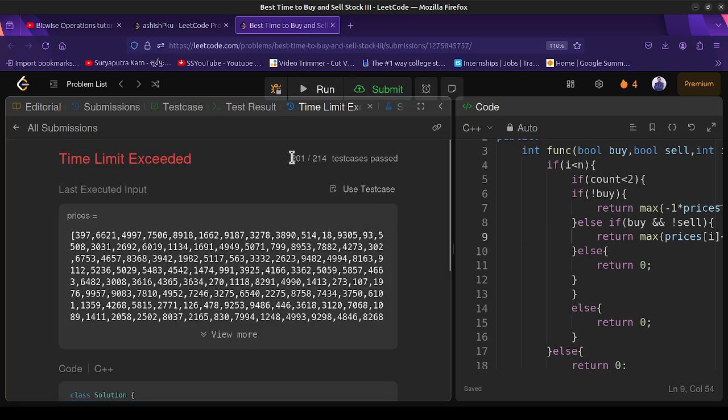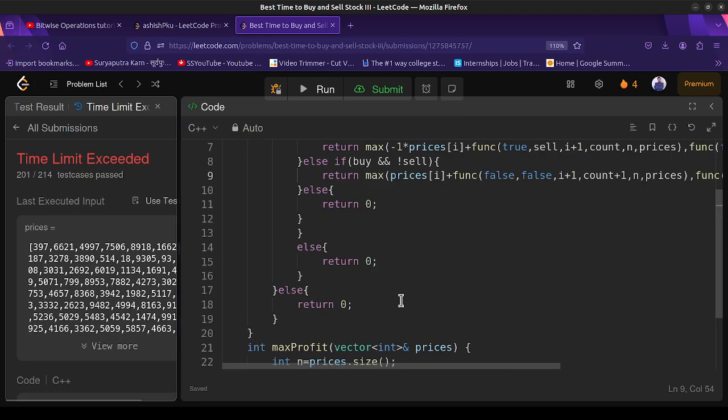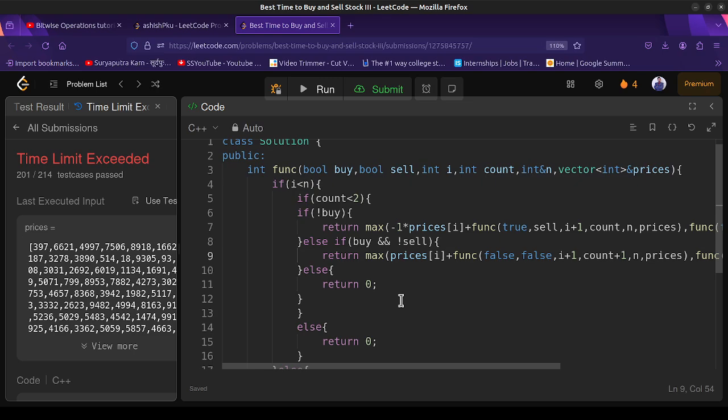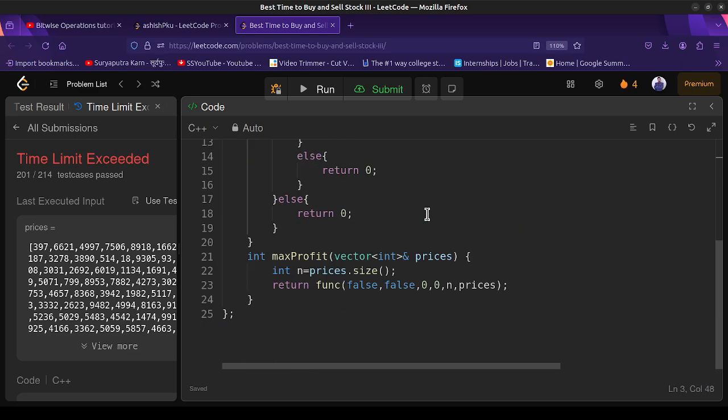it is giving time limit exceeded in this test. So let's memoize this function. How to memoize this function? It is taking as many variables, but if you look at this, n is a constant and prices is also constant. So what are the variables? Buy, sell, I, and count. There are 4 variables, so this is mainly a 4-dimensional DP question. So we have to memoize in this